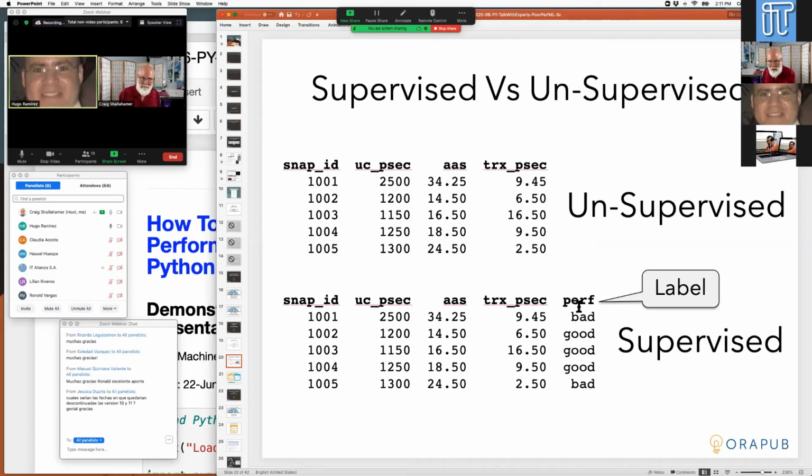And so you can see the data here is exactly the same, except here we have a label. Entonces, aquí como pueden ver, los datos son exactamente iguales, excepto que en la segunda, en la de abajo, tiene